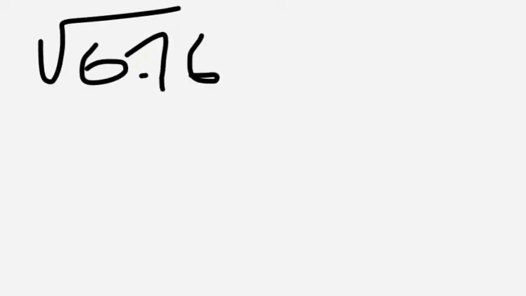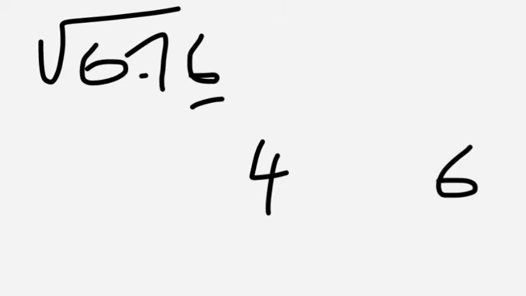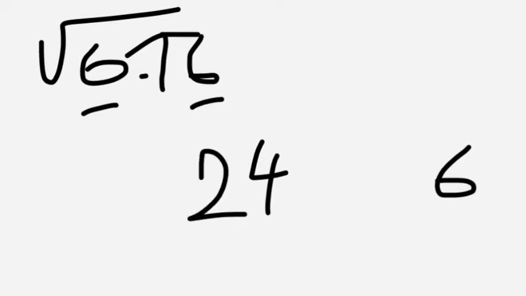Let's take the square root of 676. So how to calculate this? The unit digit is 6, so the possibilities are either 4 or 6. Since it is a square root, after finding the unit digit, just leave two numbers and go to the first number. 6 is nearer to 2 square 4 and 3 square 9, so we take the lesser number, 2. The answer would be either 24 or 26.